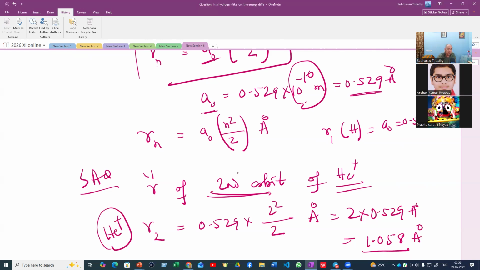In this manner, you can find out the radii of any orbit, second, third, fourth, fifth orbit, first orbit of He plus, Li double plus, and